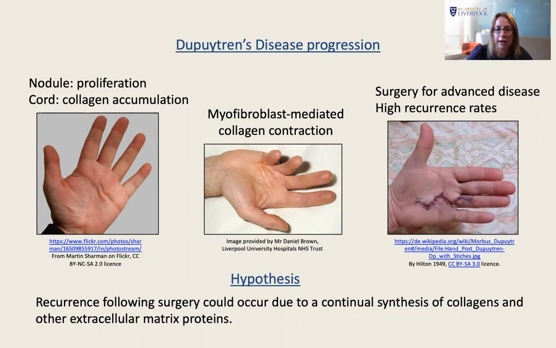Contraction of the collagen within the cord by myofibroblasts can cause the digits to bend over, causing disability for patients. In these advanced cases, surgery can be used to resolve the problem. However, there's high recurrence rates of the disease following surgery. So we hypothesized that this recurrence could be due to a continual synthesis of new collagens and other extracellular matrix